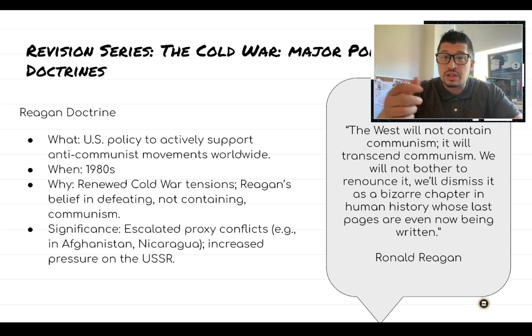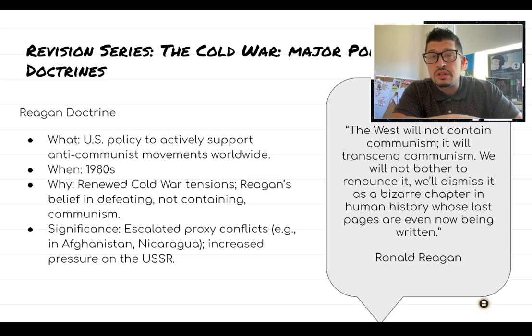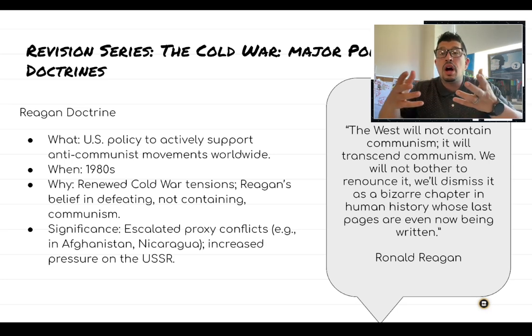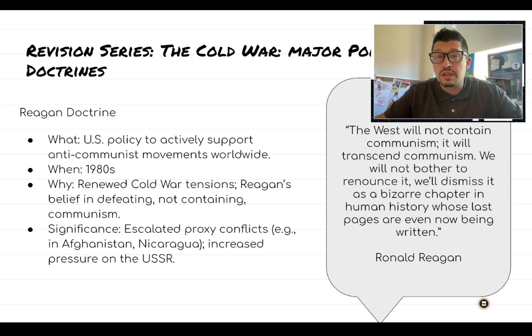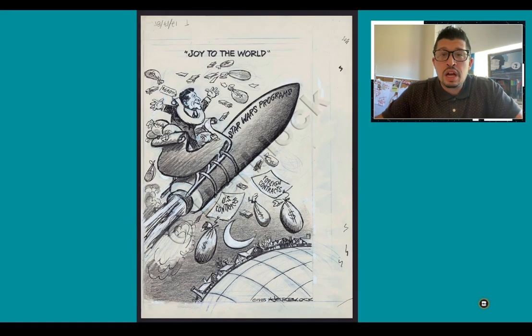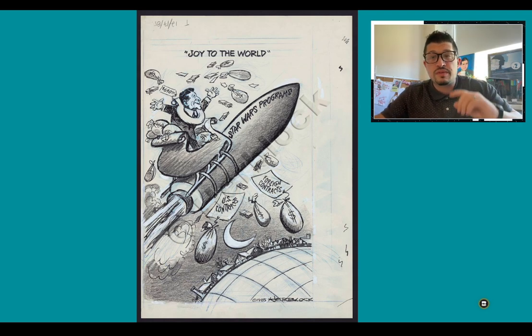So the Reagan Doctrine is really going to be fought through that big bluff that he told about the Strategic Defense Initiative and how MAD would essentially go away because the United States could not be attacked with a nuclear bomb. Here we have Reagan, spreading joy to the world, making sure that communism ceases to exist, and the sleigh that he's riding in on is the Star Wars program. So, maybe down the line I'll make a video specifically on Reagan, the Reagan Doctrine, and Star Wars. For now, that was a brief little summary for you.